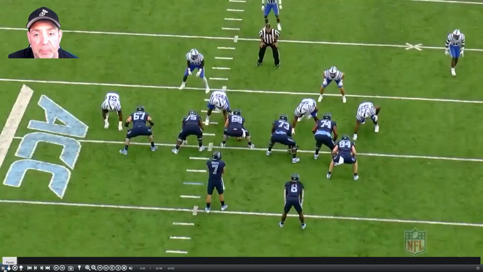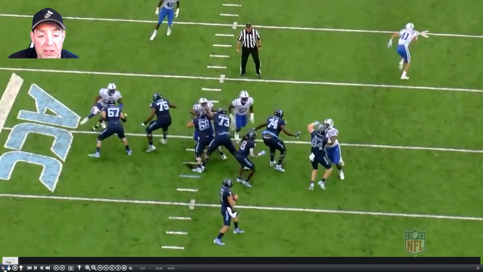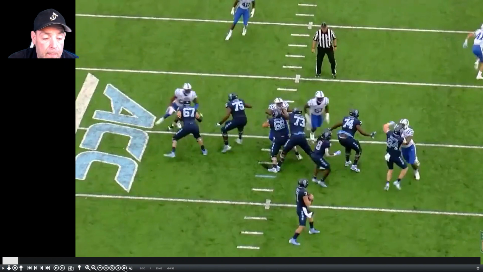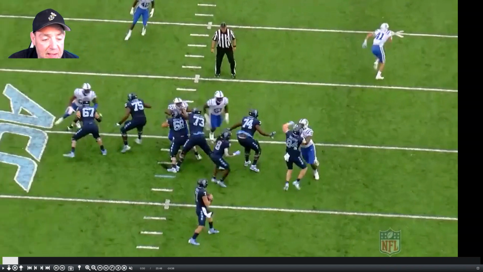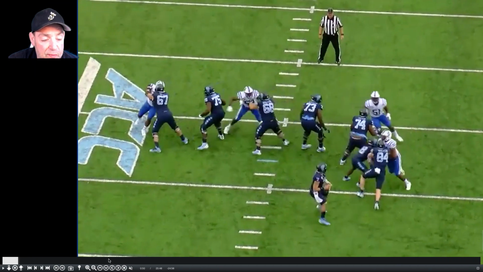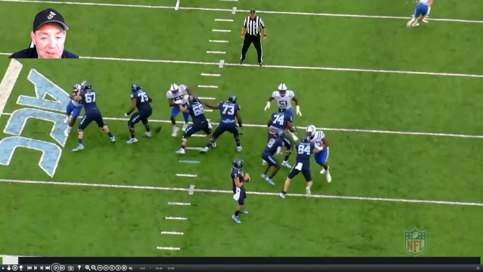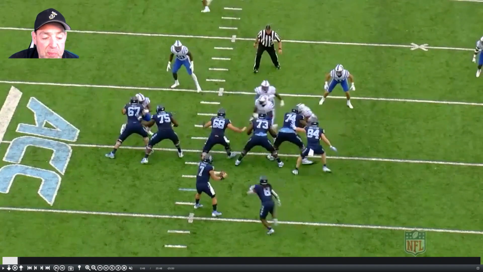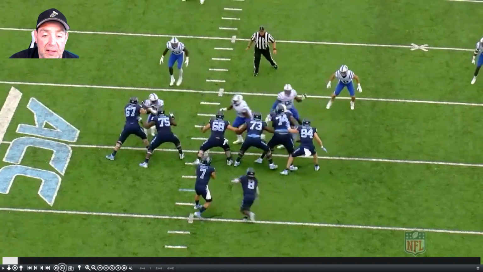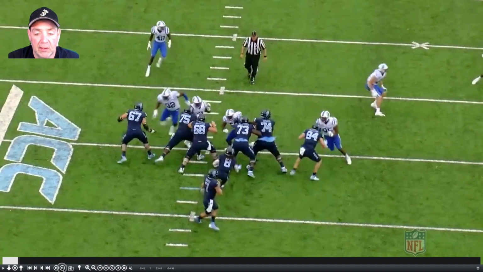So you're in good shape right here, and you can kind of see Carolina does a really good job of picking up the twist right there. Wrong button. I love this Team Extreme stuff. You can actually move the screen back and forth, so it's pretty cool. But you can see that Duke's playing games with them up front, and Carolina does a really, really good job of picking that up